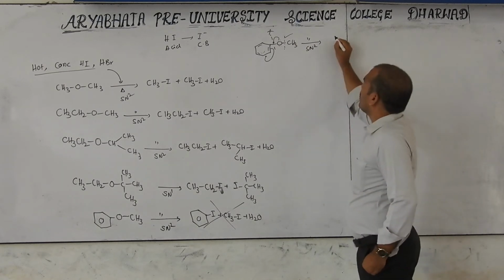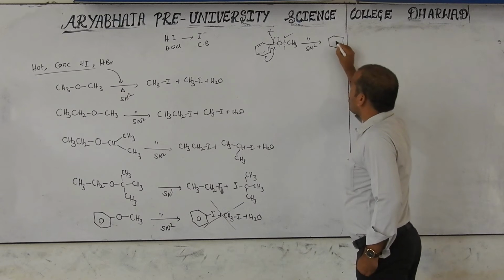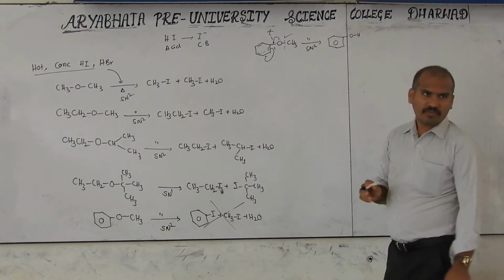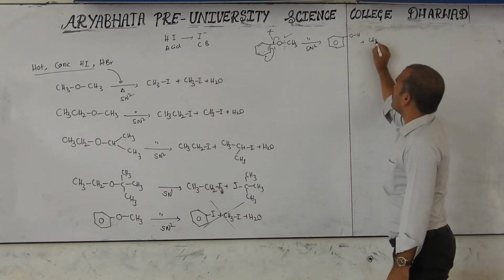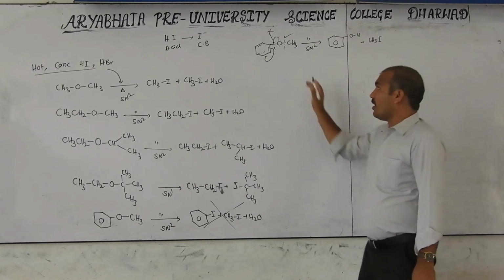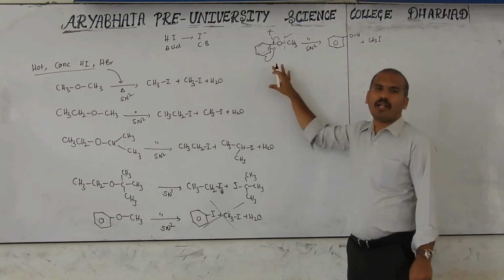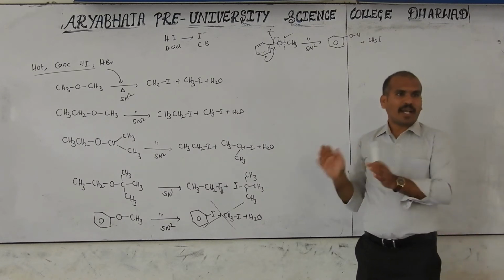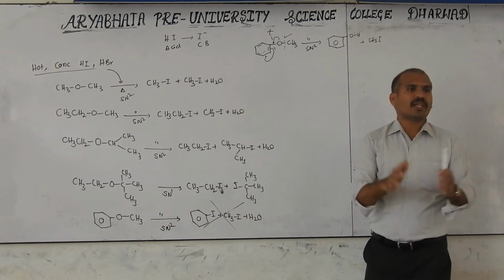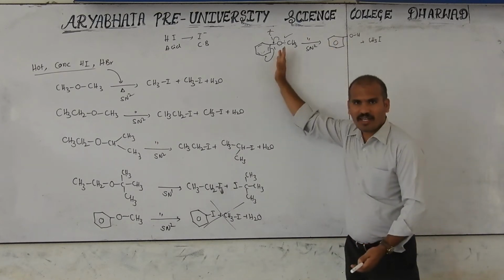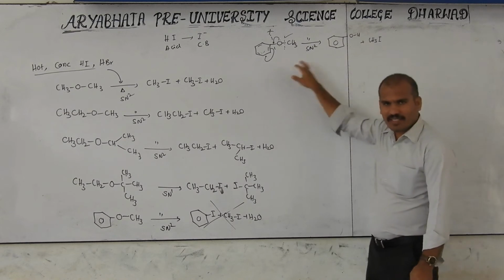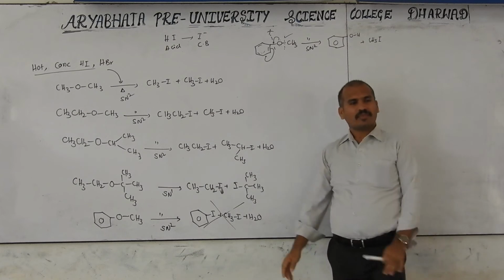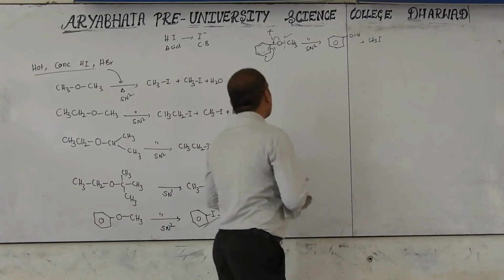So now, compulsory there is excess also. Here I is not found, only H, and this will be CH3I. That's why if you take concentrated or diluted, the product is the same here. Because for diluted, what is that? One side H, one side I. Concentrated, what is that? Both sides I. But both sides I is not possible here. The reason is bond breaking is difficult. So in this condition, whether you take concentrated or diluted, the product is the same. Got the concept? Now one more example.